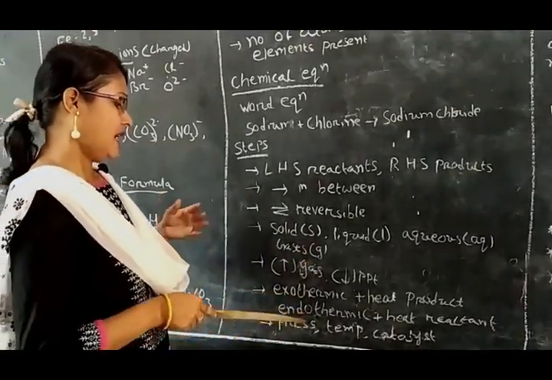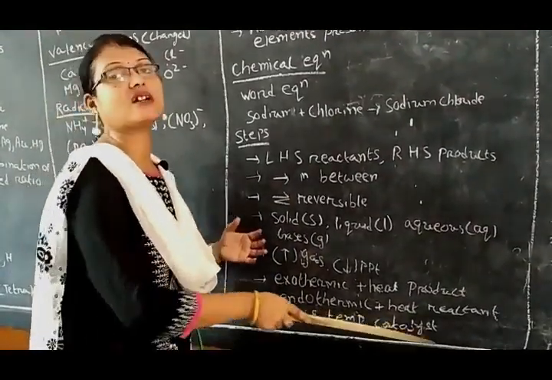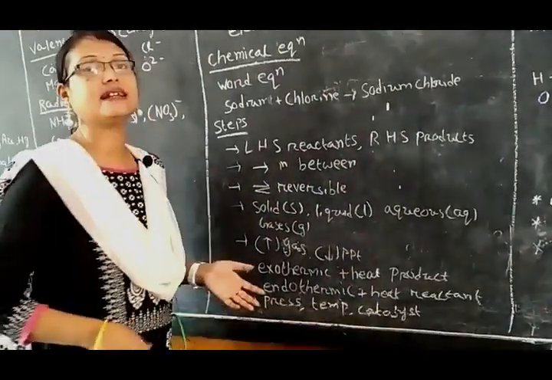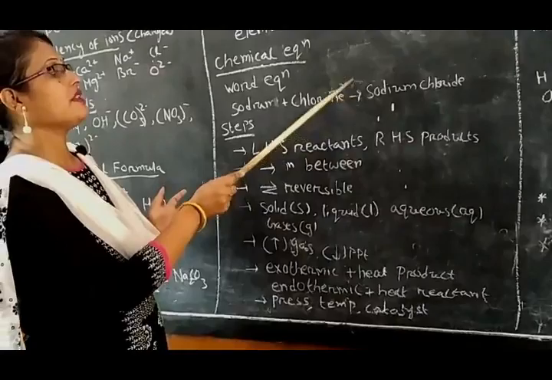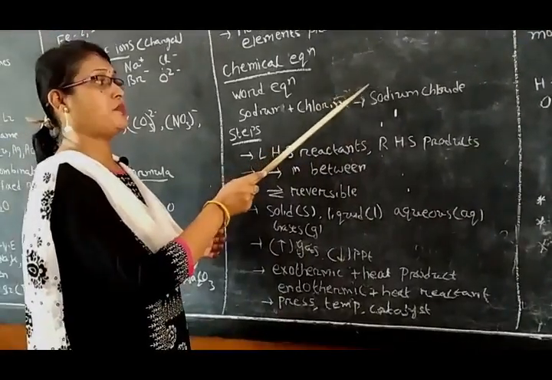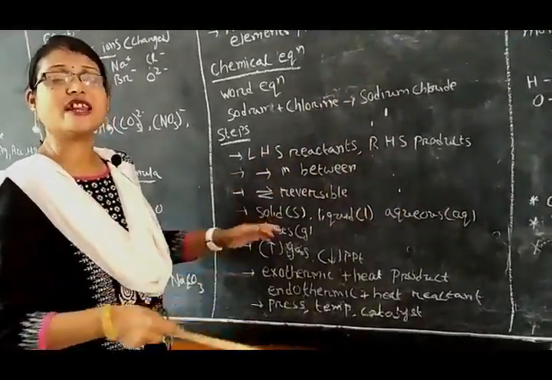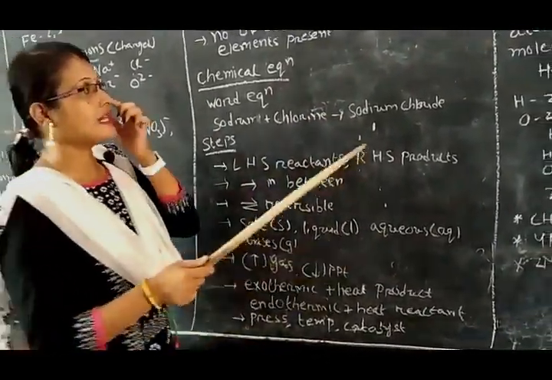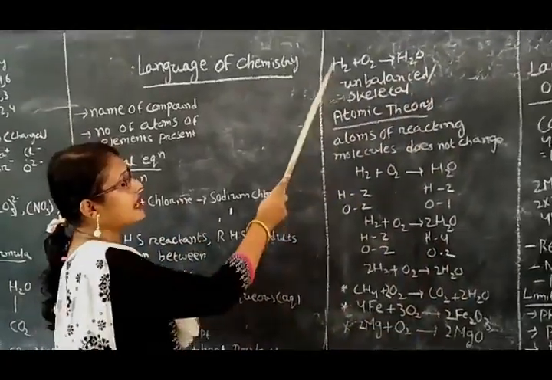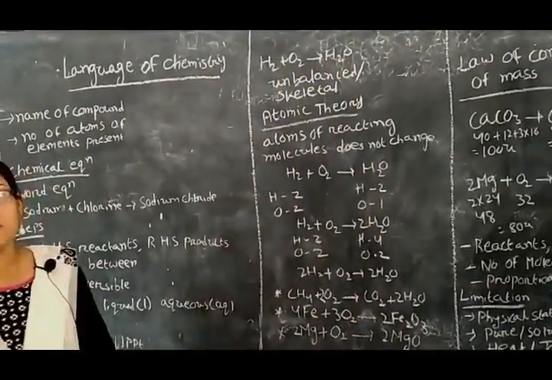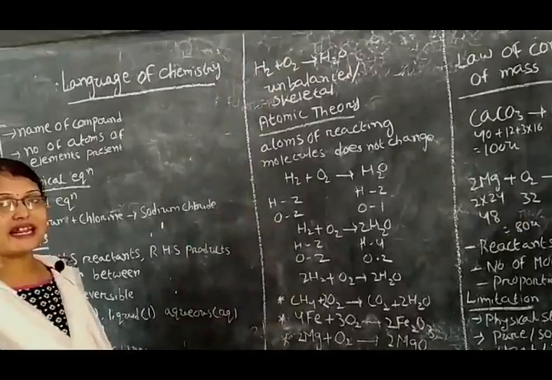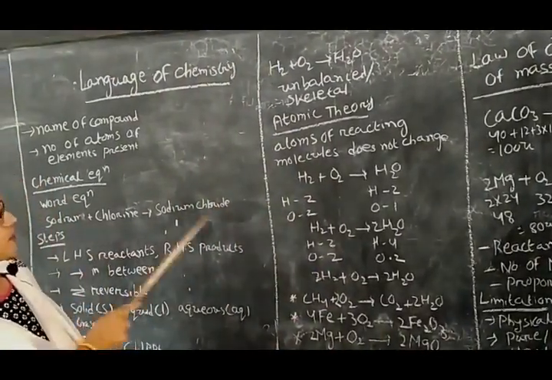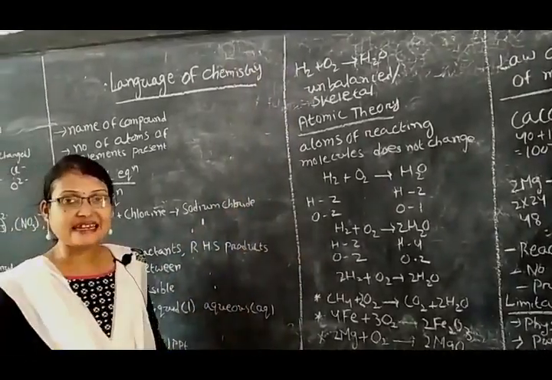Then if some pressure or temperature or catalyst is used in a chemical reaction, then they are all written over the arrow. Over this arrow means how much pressure or temperature is required, or if any catalyst is required, it is written on that arrow. For example, see, here is an equation, H2 plus O2 giving you H2O. This is in the form of a chemical reaction, but it is called a skeletal equation. That is your word equation, and this one is your skeletal equation.